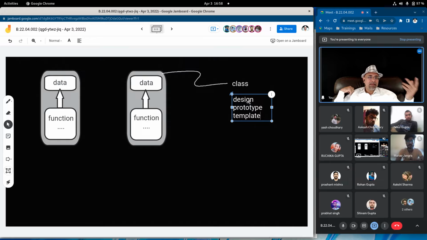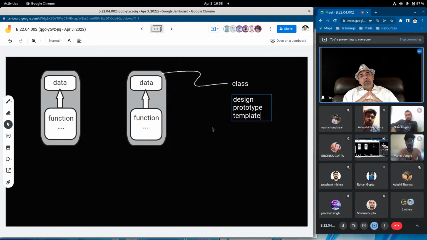ये भी डिजाइन है, प्लान है कि ऐसा होगा, हो नहीं गया, ये प्लान है बस. ठीक है ना, कि ऐसे डेटा होगा, ऐसे फंक्शंस होंगे. जैसे int, when you declare a variable called int, it is a plan that there will be 32 bits. Every bit will be powered 2 to power 0, 2 to power 1, like this.